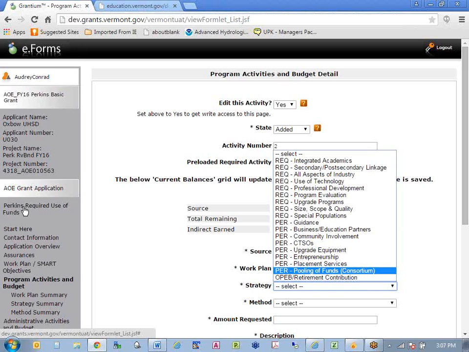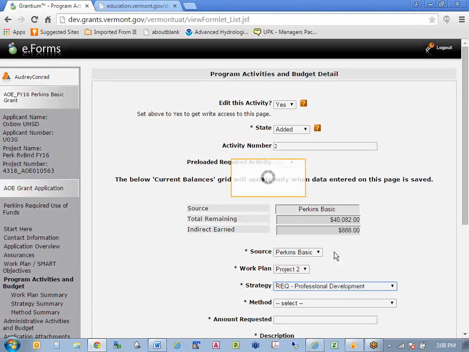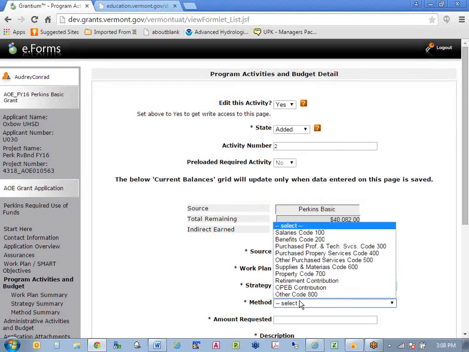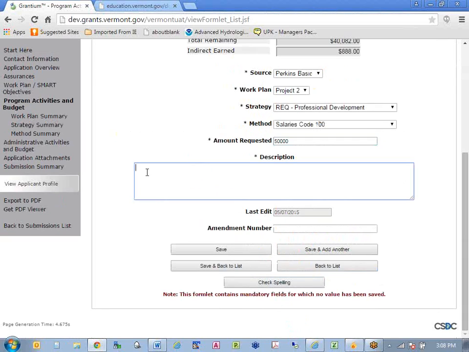But those should feel familiar to you. Those came from the old Perkins application. I'm going to do professional development, and I'm going to make this salaries, and I'm going to put in 50,000. And in the description, I am going to put in "not for retirement contribution," because what's going to happen with